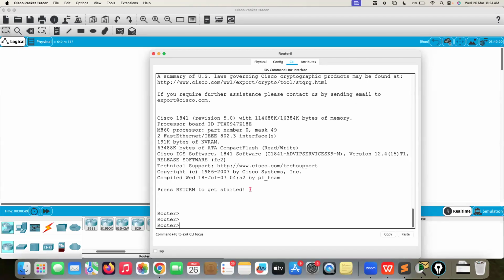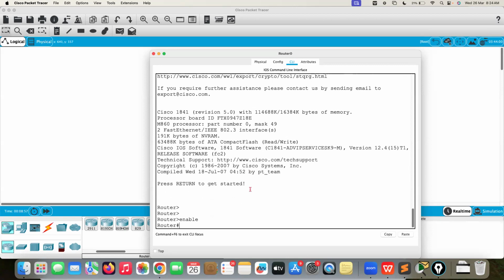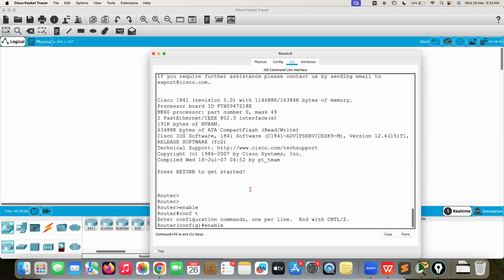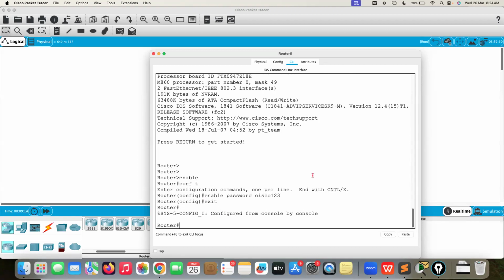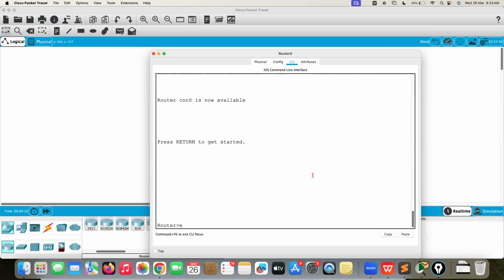So what can I do? We can do something called enable password, meaning anyone typing the command enable, I want it to ask for a password. Simple. Let's do that. I go back to configure terminal. This is short, I can type conf d also. Enter. Enable password. I will type Cisco123. That's all. This is the command to configure a password for enable mode. Exit, exit. Now if I type enable,